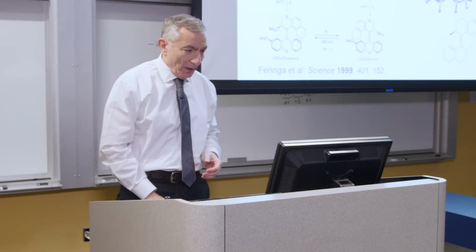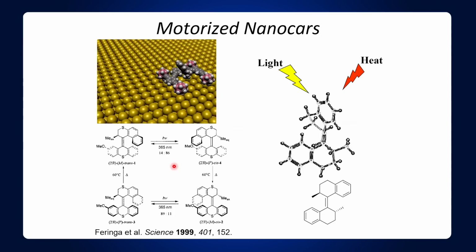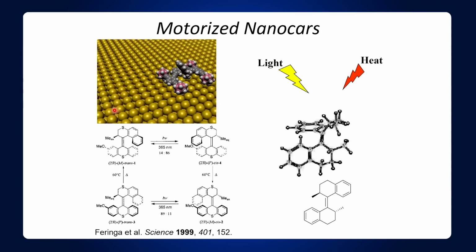We had to have a much larger car. It had to have a certain number of atoms or something like that. All right, so what about motorized cars? And so the idea is that